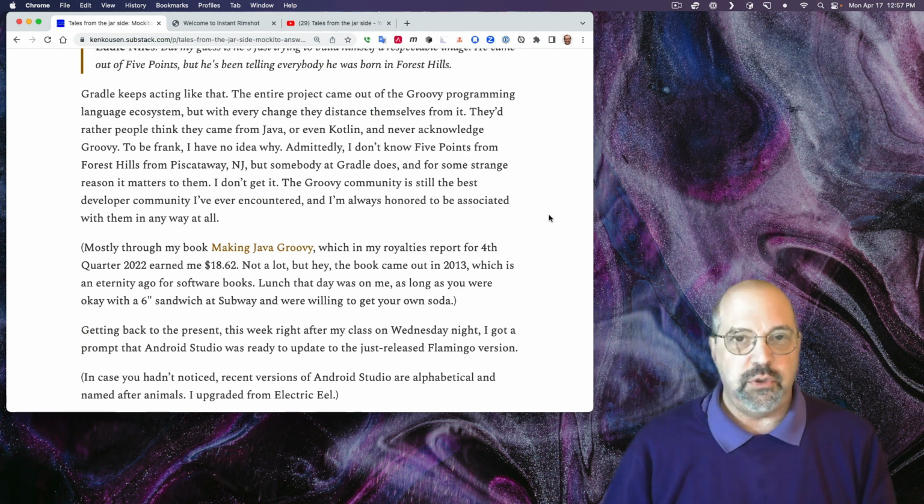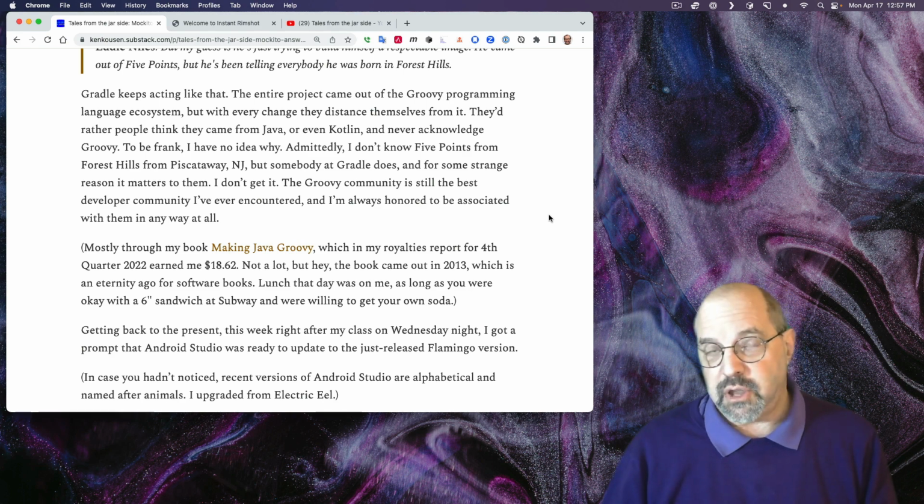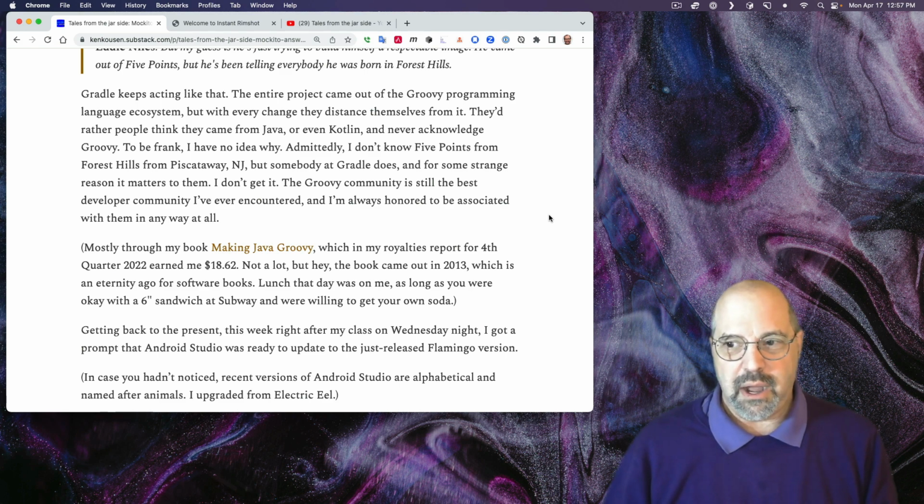And then they switched a few years later to incorporate a Kotlin DSL, which I assumed at the time they did because they were in partnership with JetBrains, who runs Kotlin, and that was going to help the user experience. It was going to help the code assist inside of the IDE. And it has, and it hasn't. I mean, IntelliJ does pretty well with both, frankly. But nevertheless, you talk to Gradle people now, and they seem to pretend like, oh yeah, Groovy, we don't care about Groovy. Yeah, we support it, but they never even bring it up. But they love Kotlin, and they love the Kotlin DSL. I don't know why they're so dedicated to this, but they're trying to make it happen,